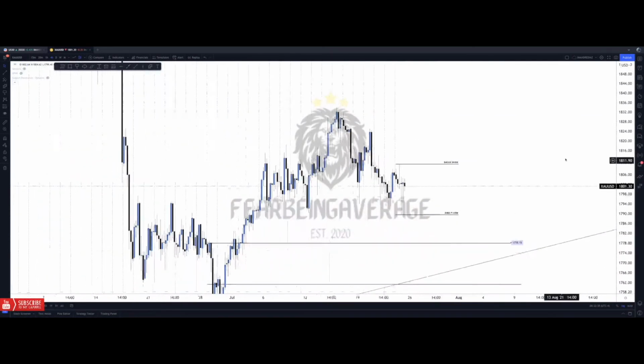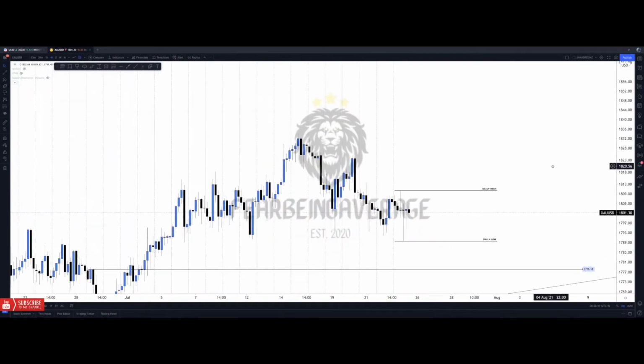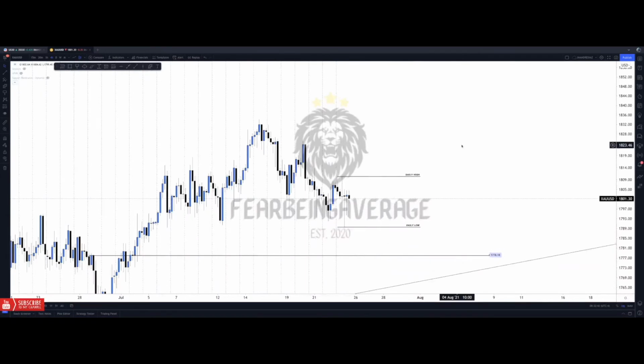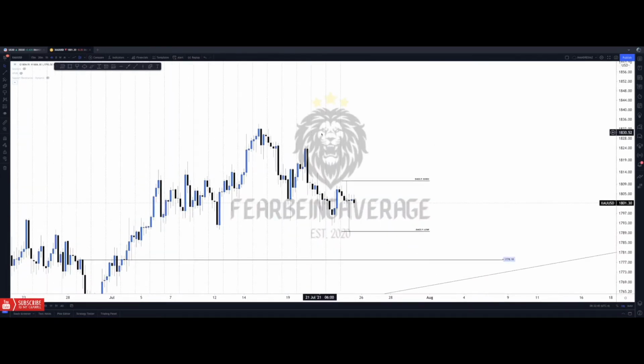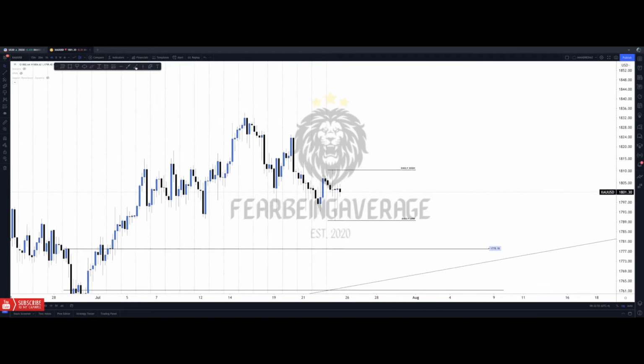So overall, let's look at what happened these previous days. If we understand, each of these dividers is a different day. So from here to here is one day. From here to here is one day. And from here to here is one day. So we understand that yesterday, Friday, before when the market closed, market grabbed liquidity from both